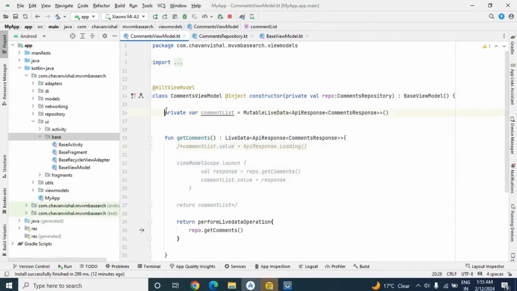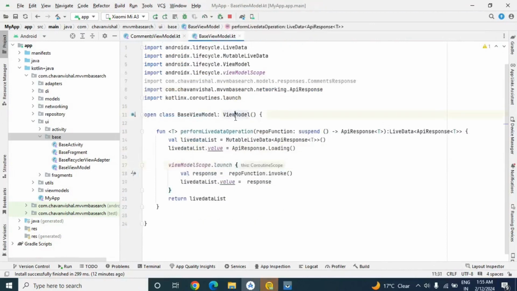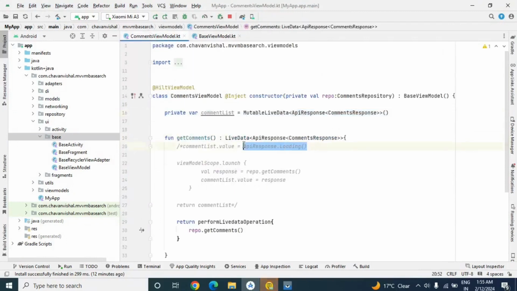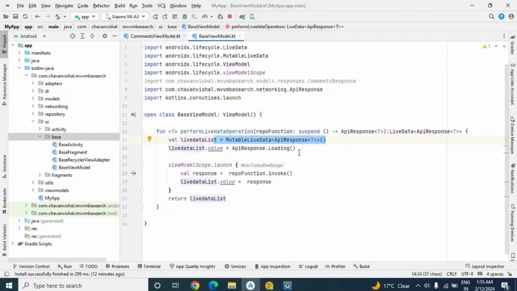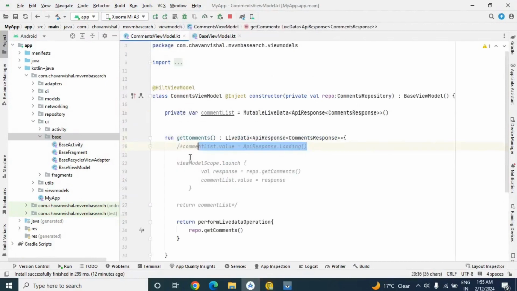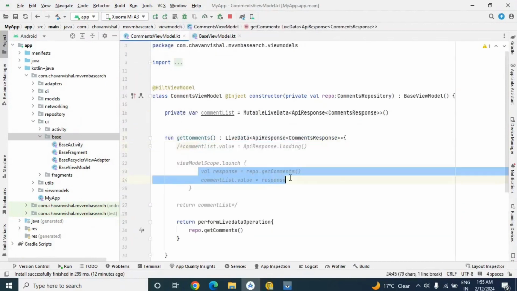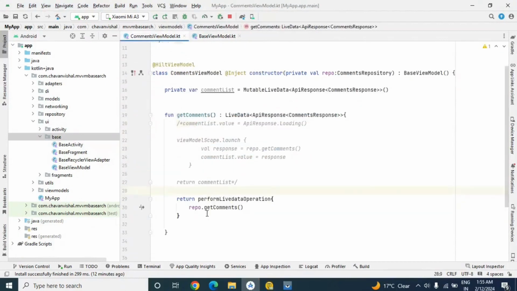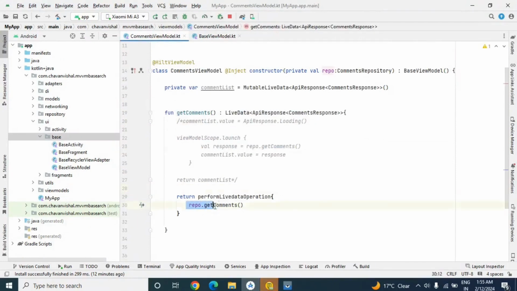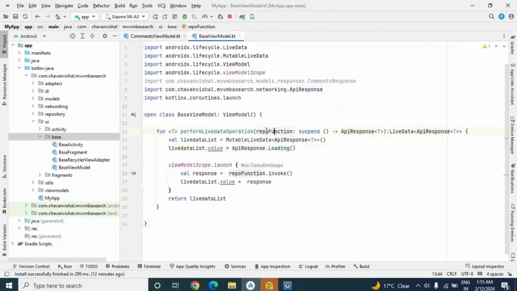Okay, so here what we have done, we have shifted this variable to our base view model. Here val live data of mutable live data of API response of T means it will take any variable. After that this loading also we have moved over here. After that in view model scope dot launch we were calling our repo method. So here we have passed this repo function, from here to here.